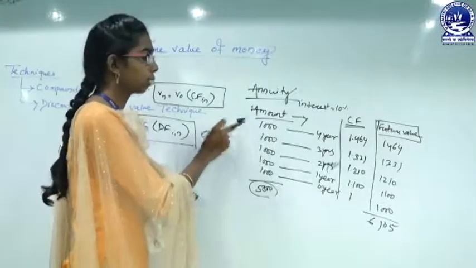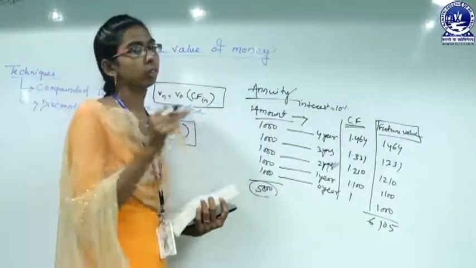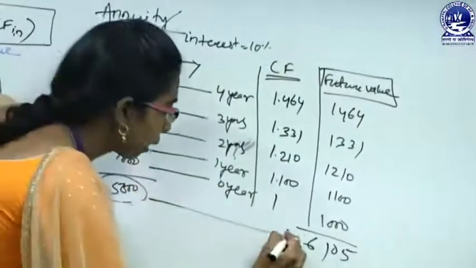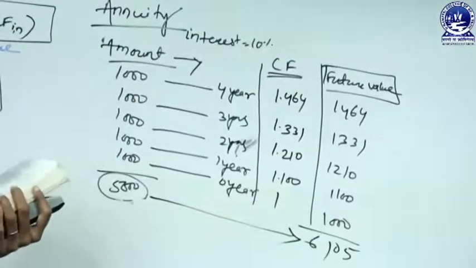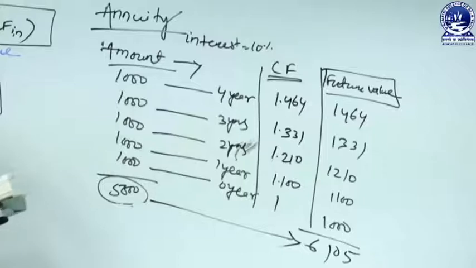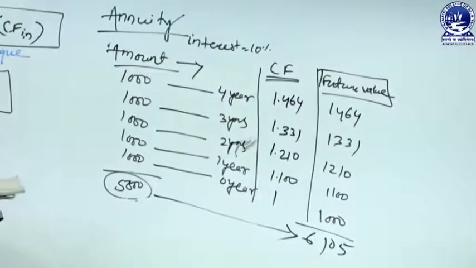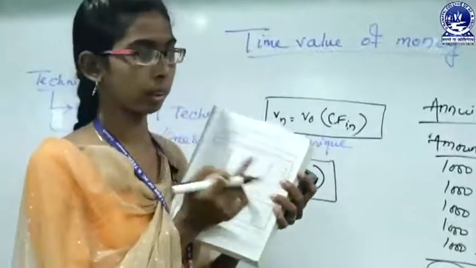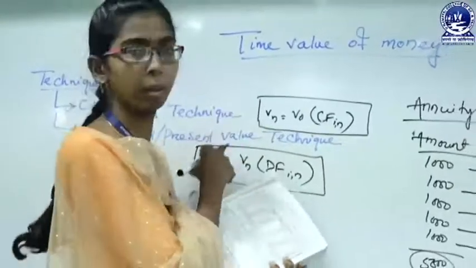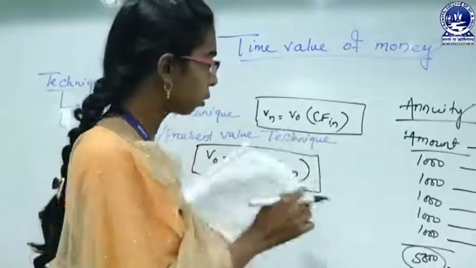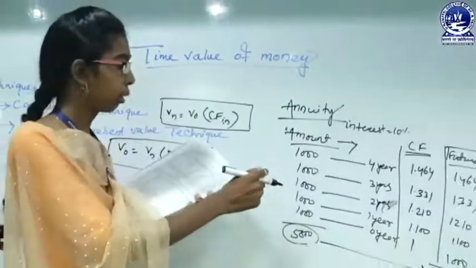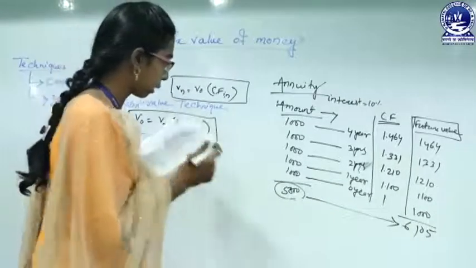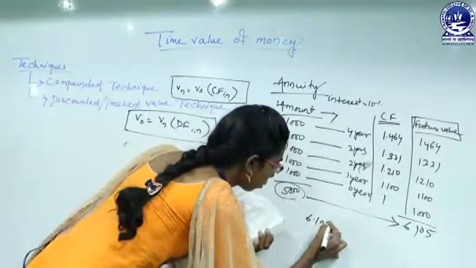If the payment is of an equal series, then there is also another table, and we can simply use that table to find the direct value of 6105. That table is headed as the annuity compounded factor table. Okay. So likewise, that table also has I and N, same as in the compounded technique and present value technique. So for 5 years we have given, okay, 10% with 5 years, that is our 6.105.